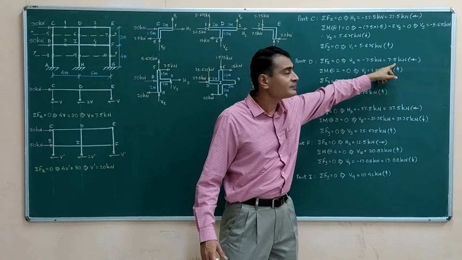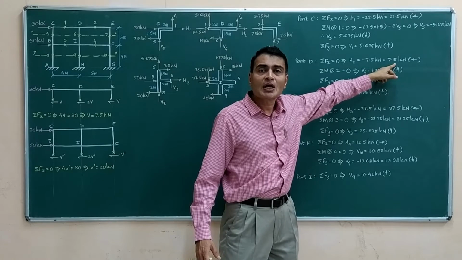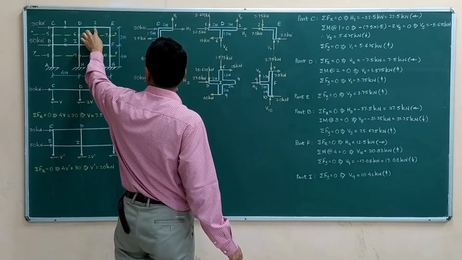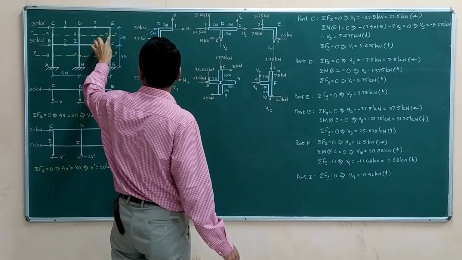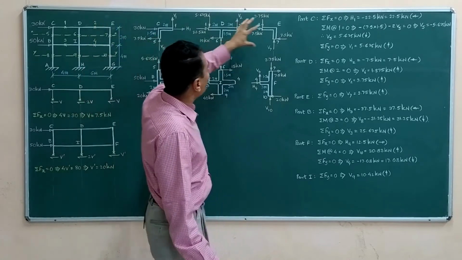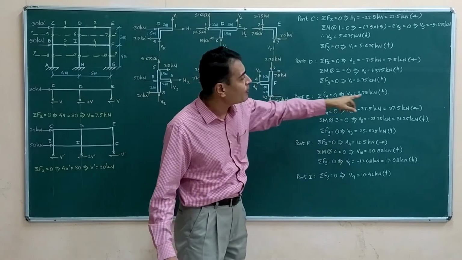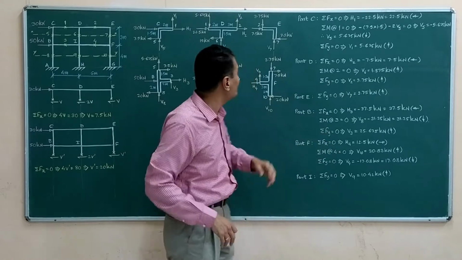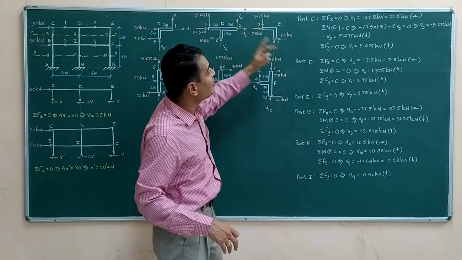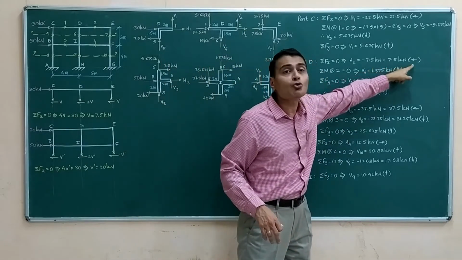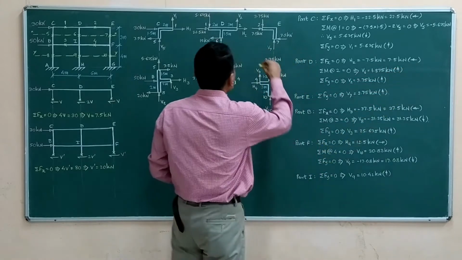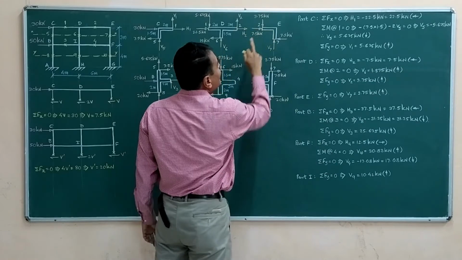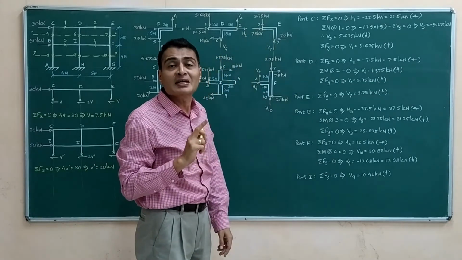Finally, I come to this portion which is point of contraflexure 2 to E to 7. I am calling that part E and I am writing about part E. Even before going to the writing, let us see the FBD. This was earlier found to be 7.5 kilonewtons leftwards. If this is leftwards, its counterpart will be rightwards. That's why I have written 7.5 kilonewtons rightwards.